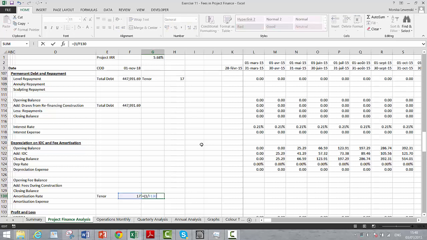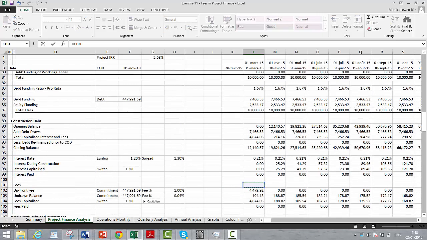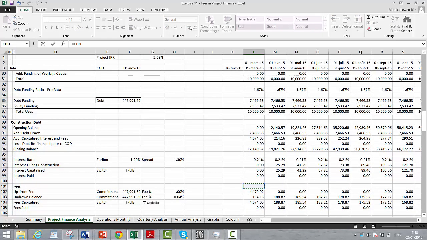You better adjust that by 12. Okay, that's our rate, and there's going to be a little bit of an issue here. Opening balance is equal to the closing balance. Fees are from the things we just computed above, which are the upfront and the